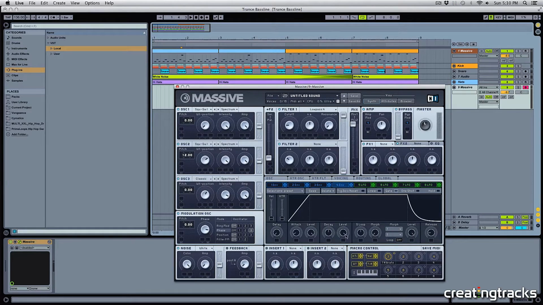Let's see, shape my envelope here, bring down the attack. All right, so I'm gonna take the first envelope, do the same thing, and put that on my filter. And we have a bunch of Massive tutorials to better explain what I'm doing right now, so you can definitely check those out. And then I'm gonna pick a B-tube,